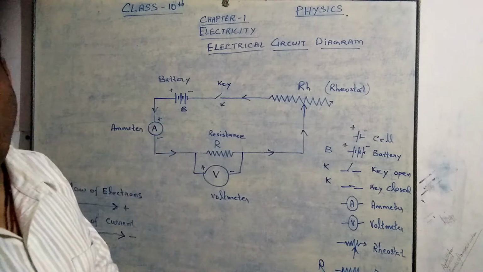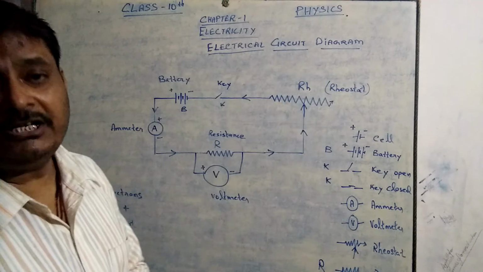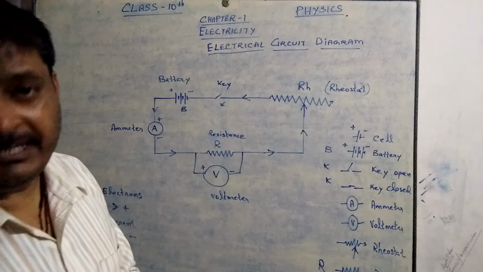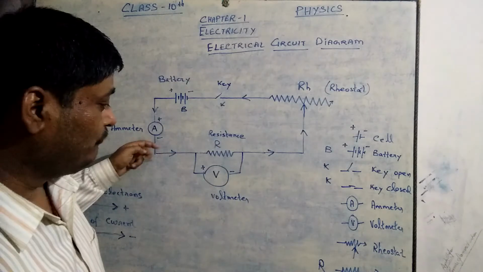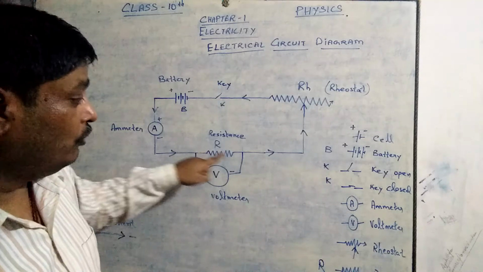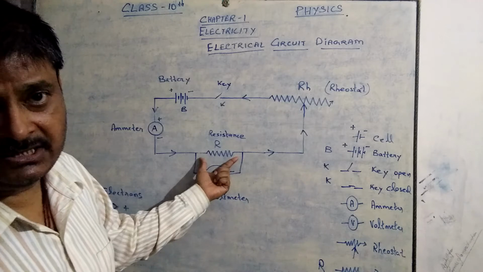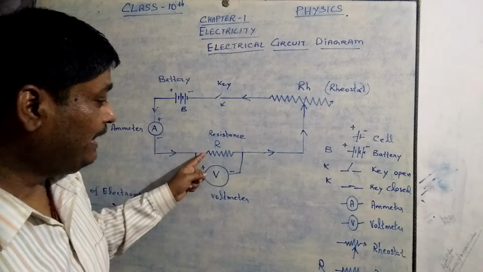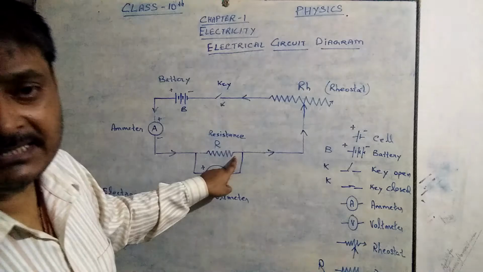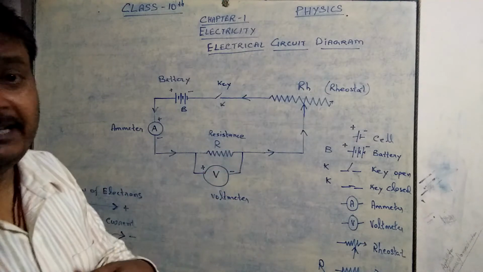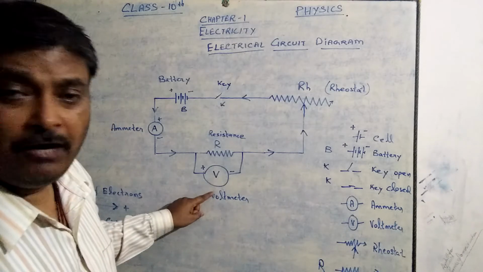Now why are we doing so? First of all, what is a voltmeter? A voltmeter measures the amount of potential difference across the two ends of the resistance. What is the difference between the voltage at the starting point and the voltage at the end point? When the current is passing through, here it has some voltage, and after it is used by the resistance, here is the amount of voltage left. That difference between the two ends is detected by this voltmeter.